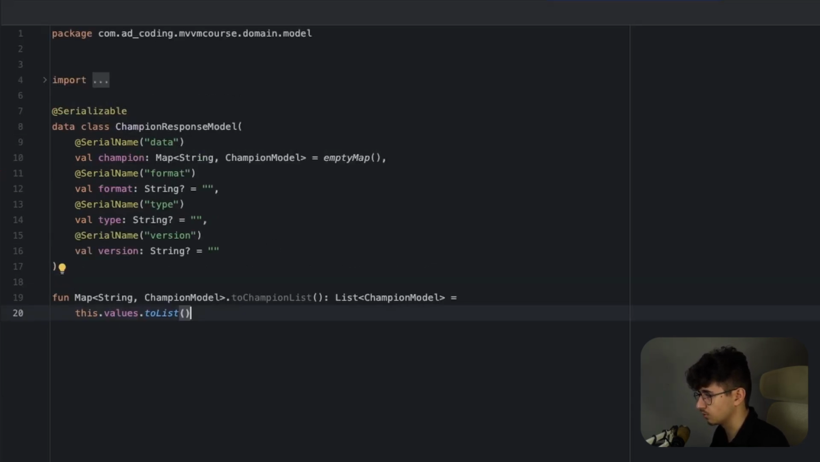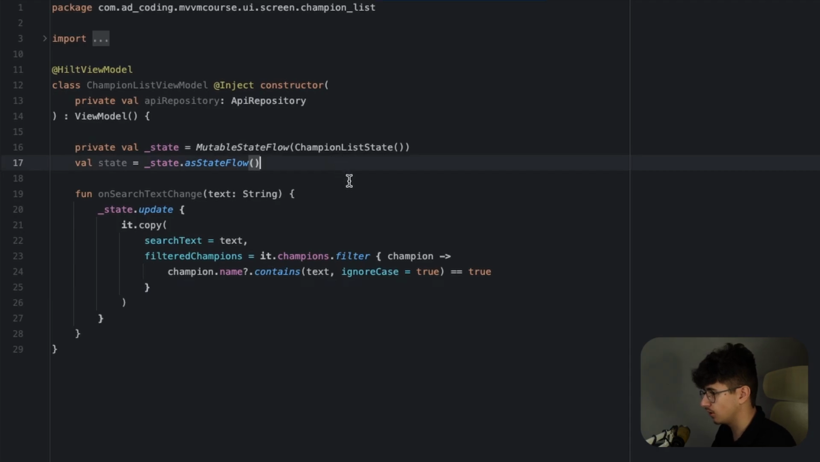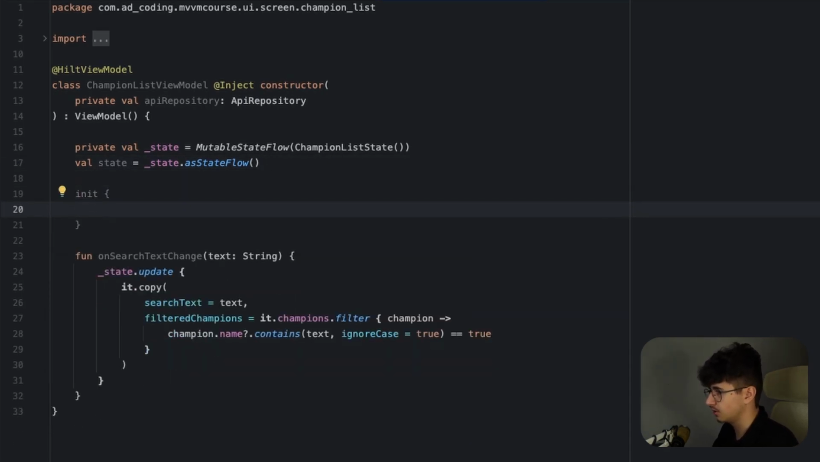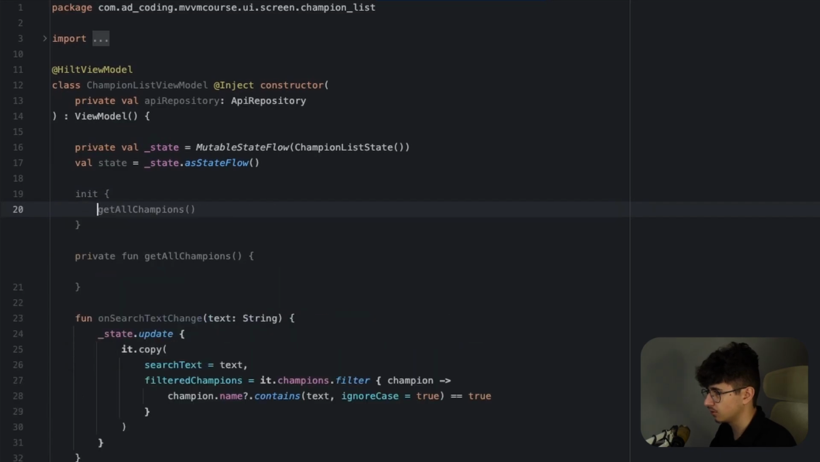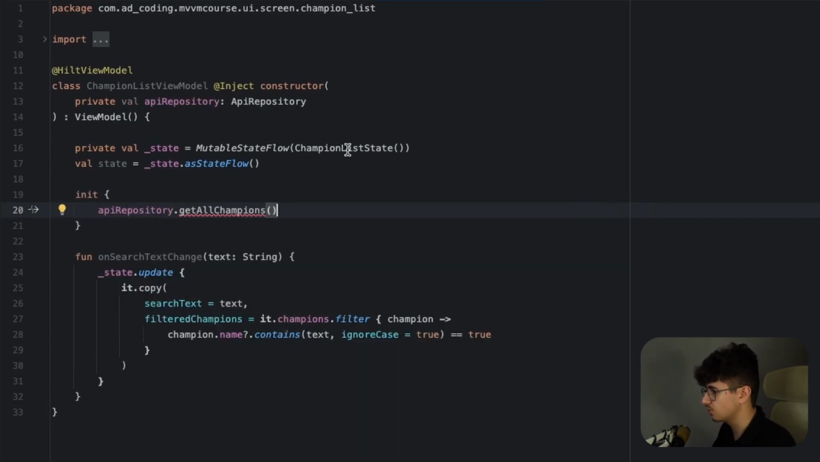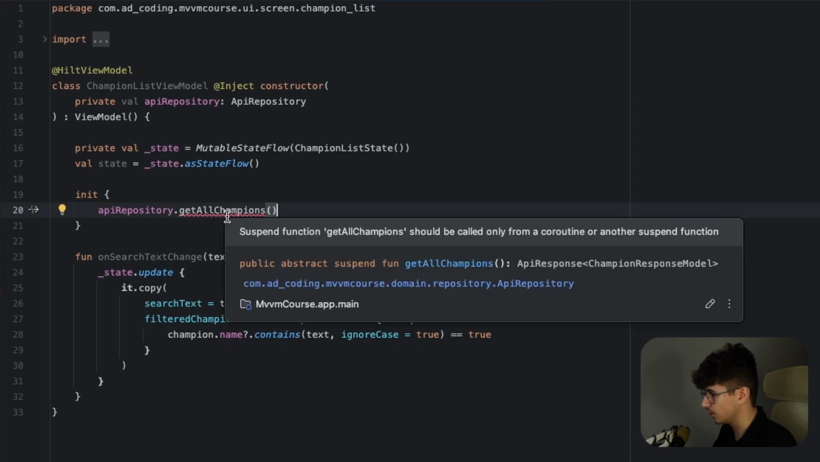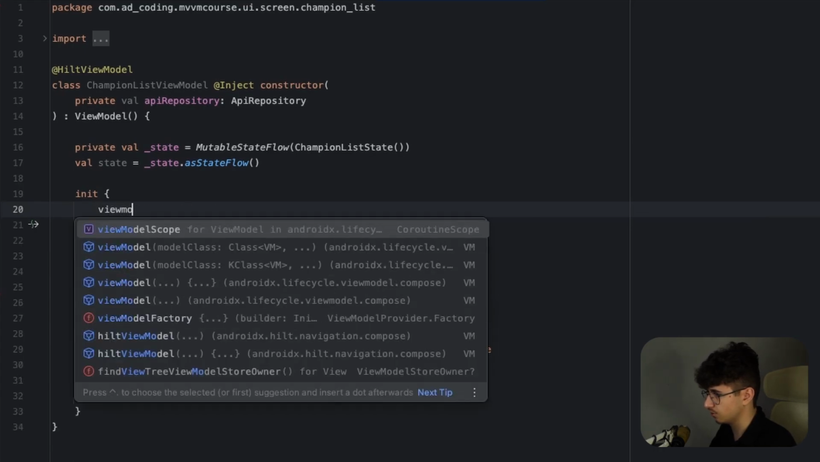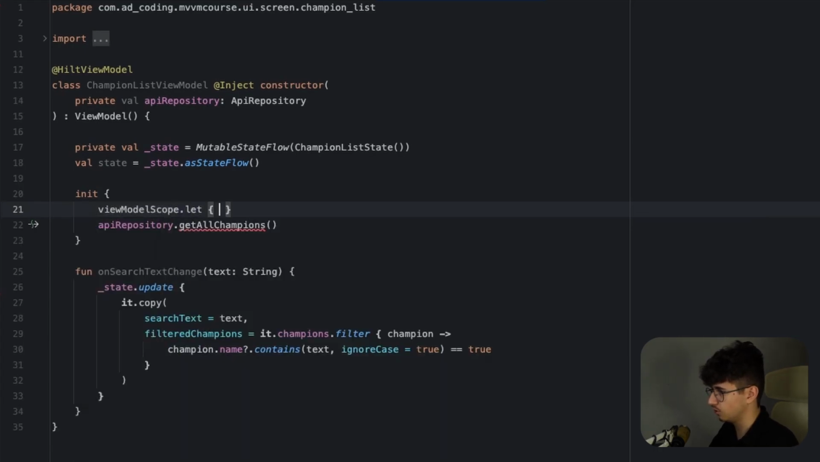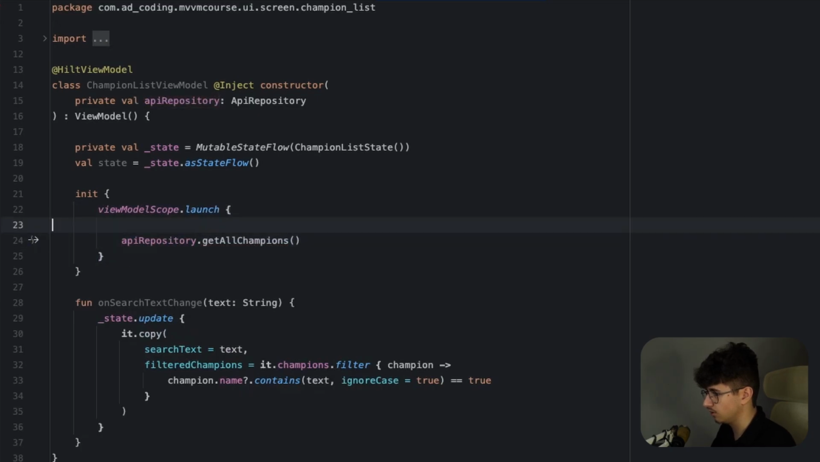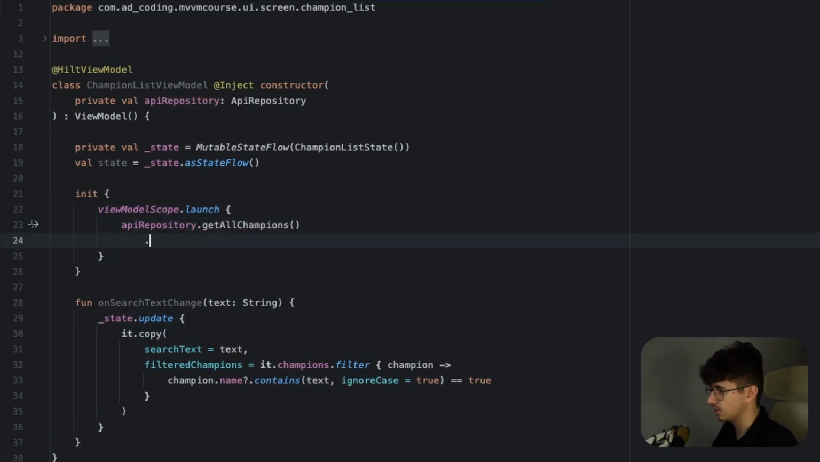Now we can get back to the view model, and now let's also fetch the champions. So let's say init, and now we need to say apiRepository.getAllChampions, and as you can see this is a suspend function and needs to be launched in a coroutine scope. The view model already has one, so we can use it. So by saying viewModelScope.launch and move the API call here,